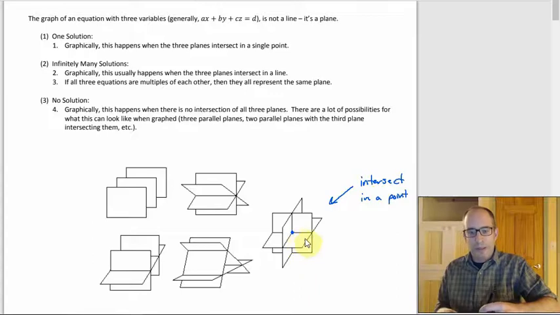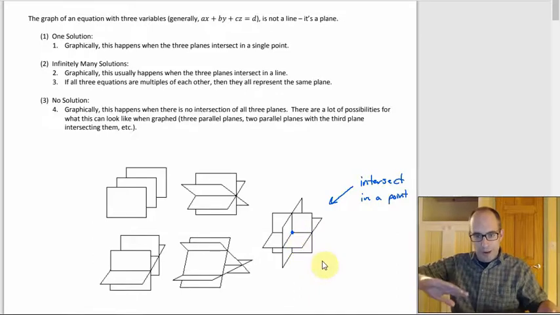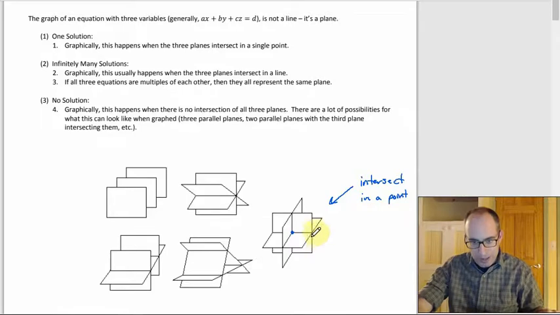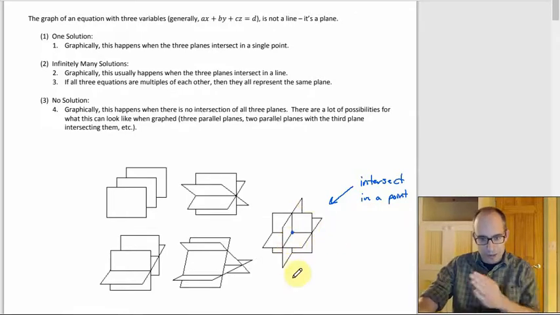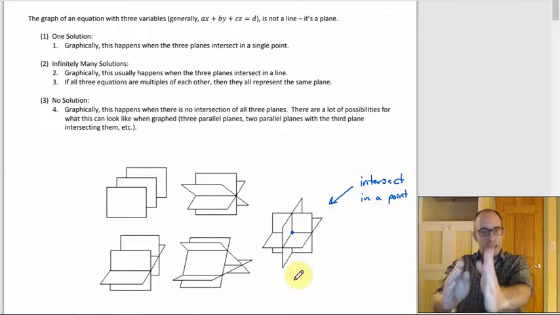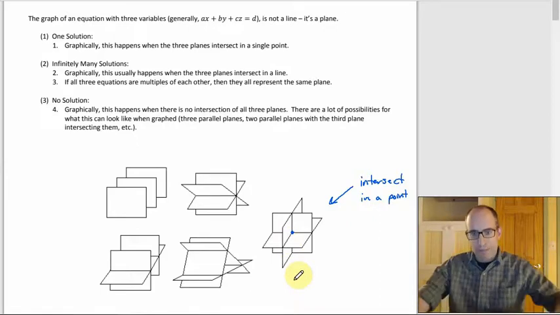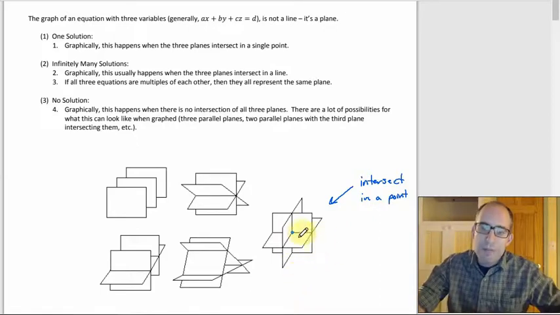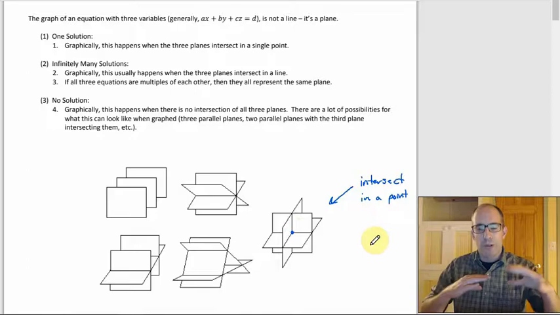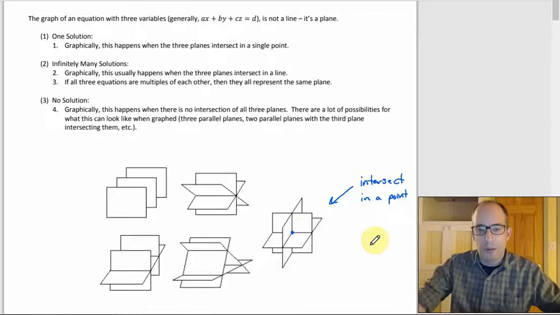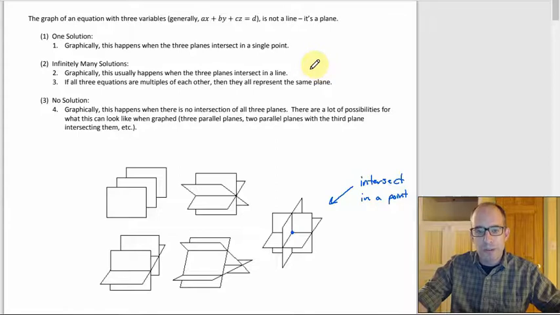You can kind of see it right there, right? Because you've got the plane that's up and down, parallel to the way that the paper is. And you've got the one that's almost lying flat. And then you've got this one coming right out, just like its edge would be coming right at you. That's how that's supposed to be drawn. They intersect in just that one point, right? If you pick any two planes, they're going to intersect in a line, but all three only intersect in that one spot. Infinitely many solutions you can have if the three planes intersect in a line,